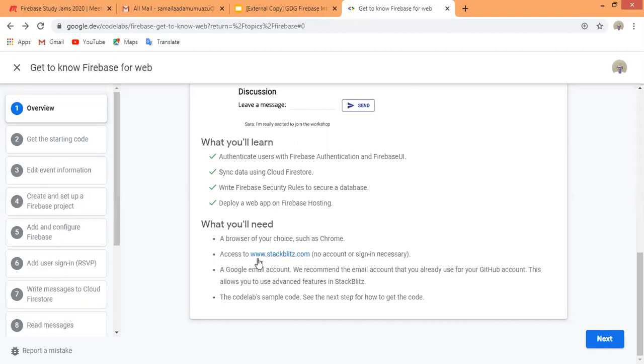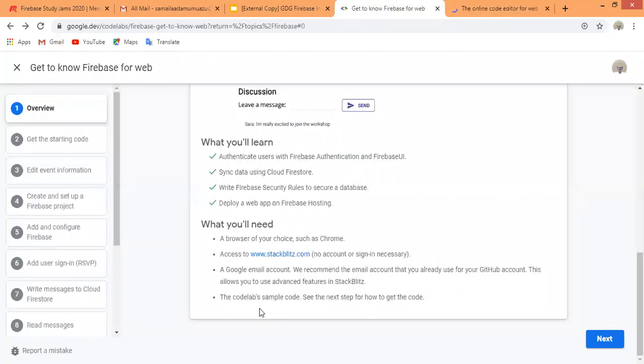This is the platform we use. We will not use any text editor. What we'll be using is our browser, such as Chrome or Firefox, and this platform, StackBlitz. Click on StackBlitz, you see it. It's an online code editor for web. Make sure you have your email account ready, as forwarded in your mail. We use our email, Google accounts, and